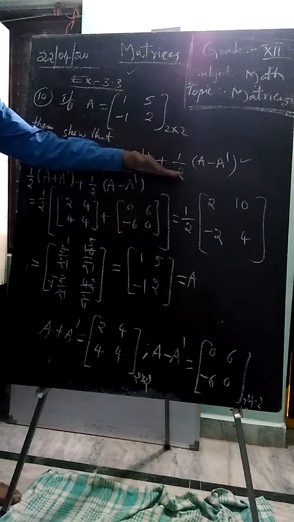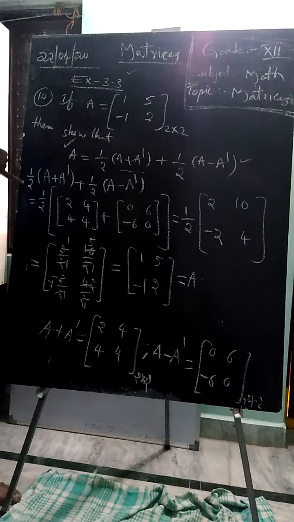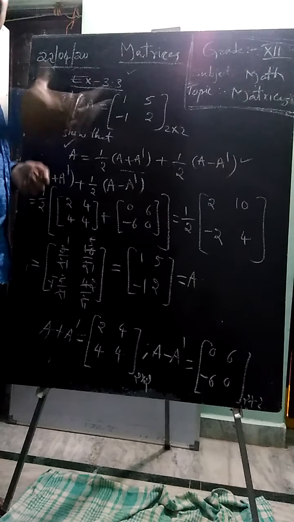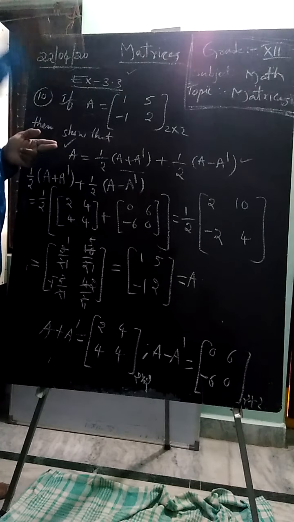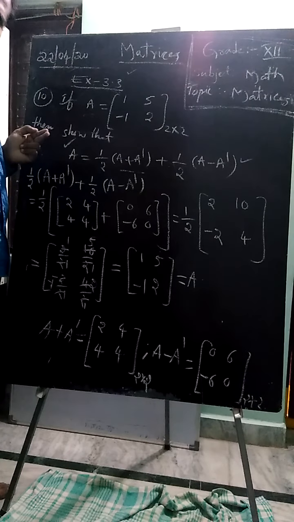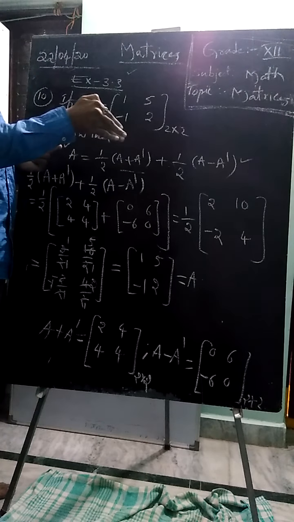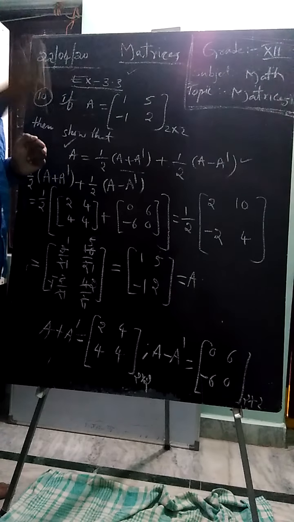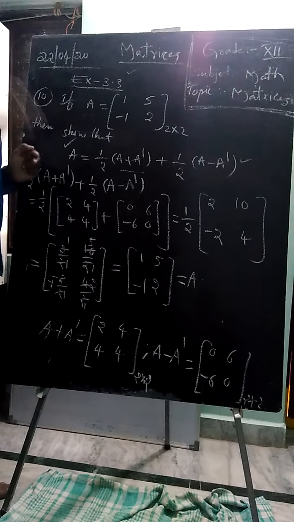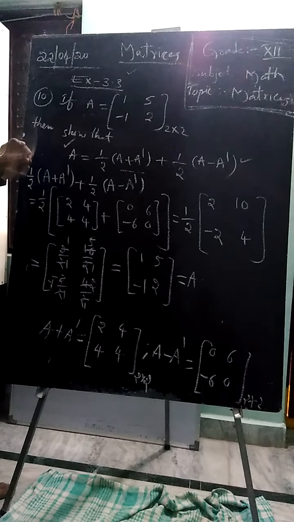Half, same thing, which is the RHS side. We have ways to prove some equations. Sometimes we take LHS and prove it is equal to RHS. In some cases we take RHS and prove it equals LHS. Sometimes we prove both separately and conclude that both are equal. Here we can do any one method out of these three.